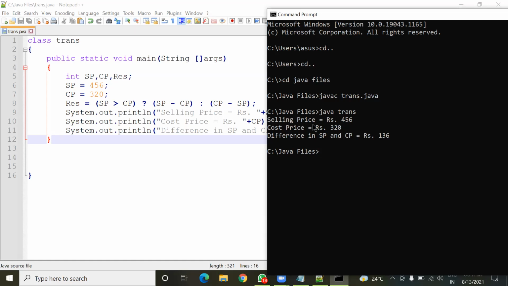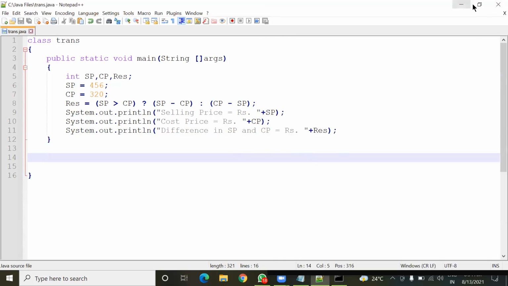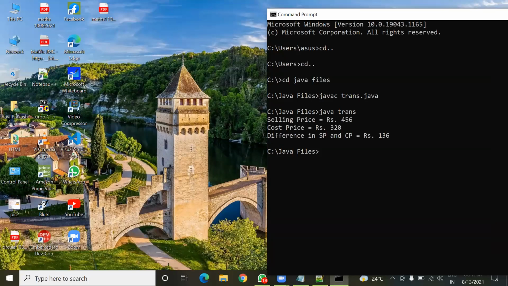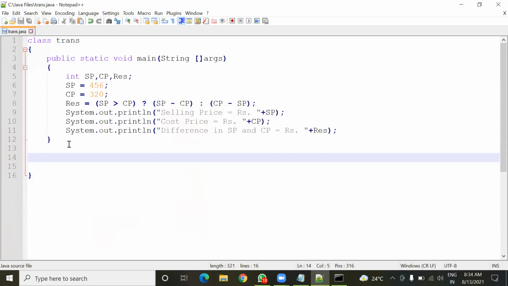So you can subtract to verify this also. Okay. Understood everyone how this conditional operator is working here? Yes, sir. Okay. So in tomorrow's class, I'll show one more program based on this conditional operator, and in that program, we'll see its proper use. Here it is not actually showing whether it is profit or loss. It is just evaluating the value of profit.